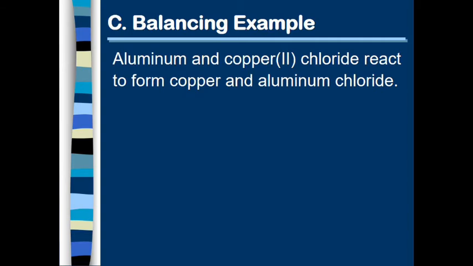So first thing you need to do is write your unbalanced equation, and that will look like this. Aluminum, which is not a diatomic element, so we write Al. Copper 2 chloride. Copper 2 chloride is ionic, so we have to work with charges. Copper is a +2, chloride is a -1. So when you take that and you cross over charges, you get,